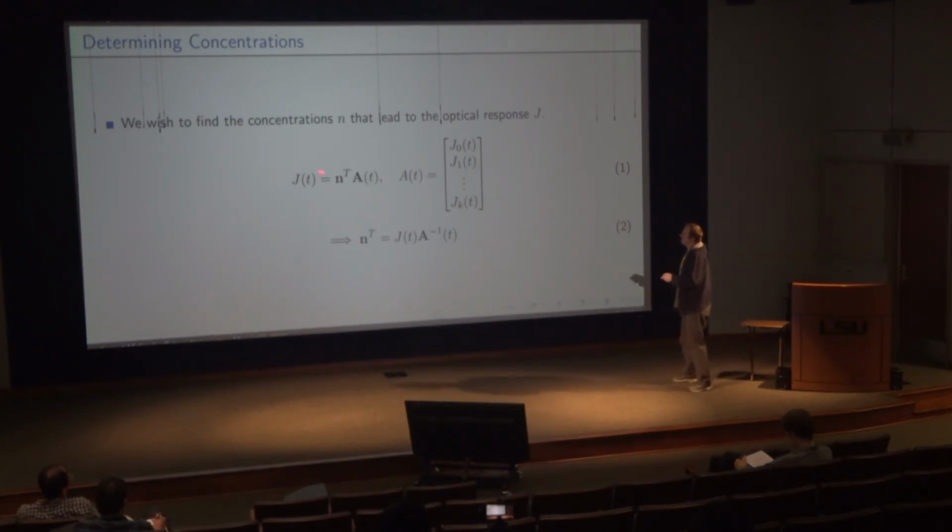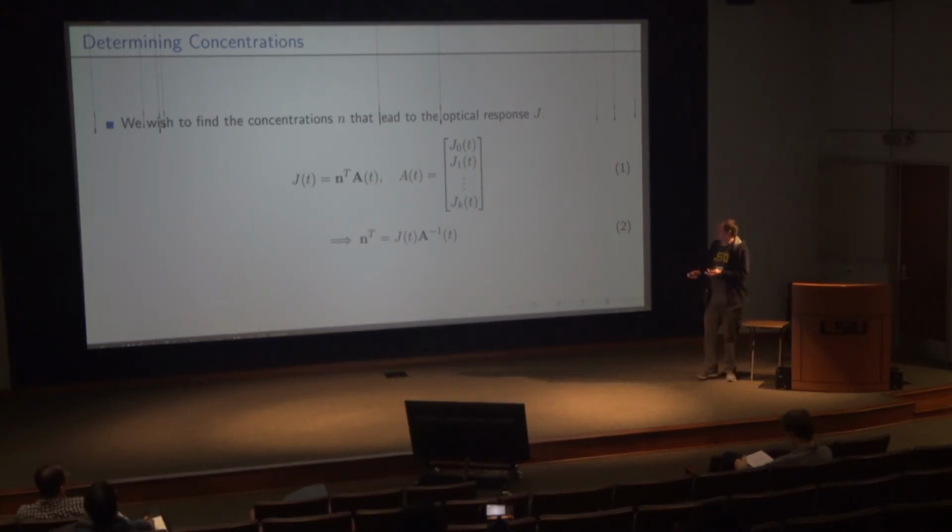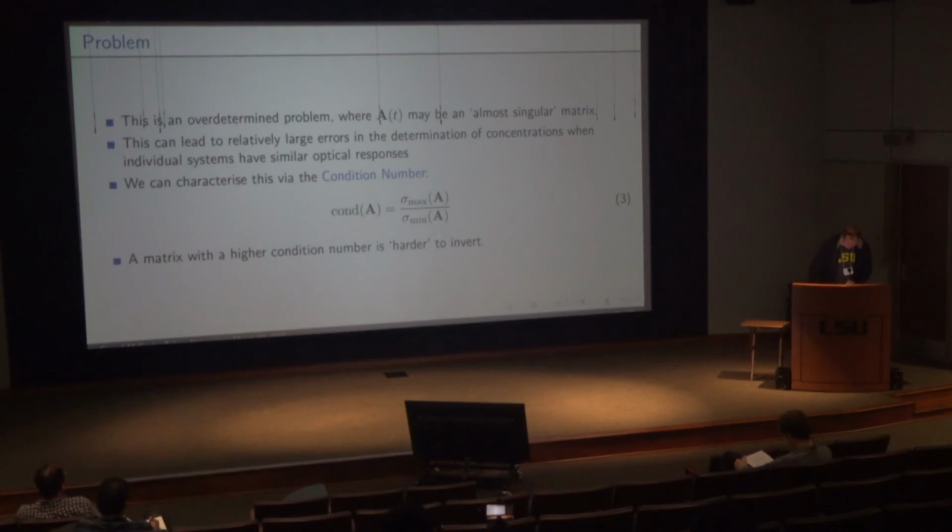But the overall current is going to be given by these relative concentrations, and then this library of your pure optical responses. And so looking at it like this, you would say, okay, this is a really easy problem, right? All you have to do is find the inverse of this matrix, and that would automatically give you the concentrations. So you have your output, and then you have this matrix that you want to invert, and that should give you all of the concentrations. There is a problem with this, however.